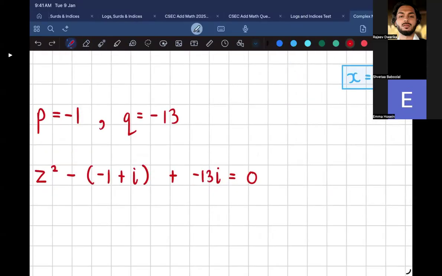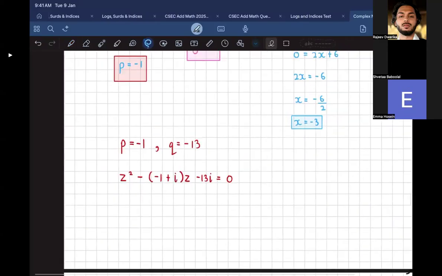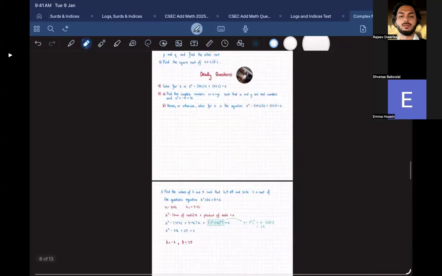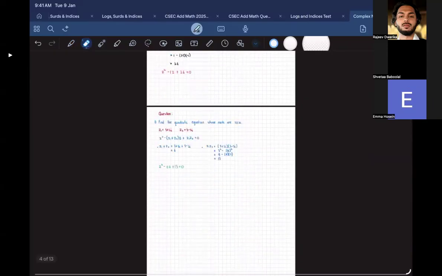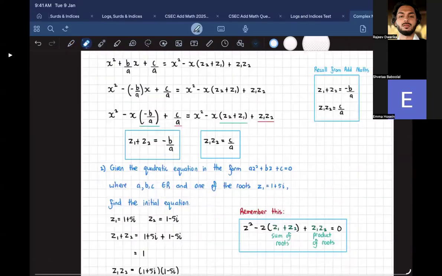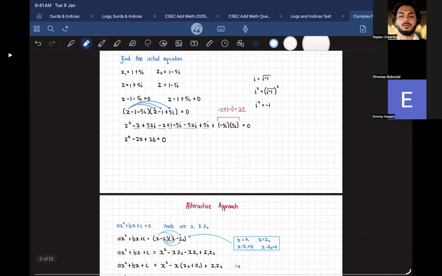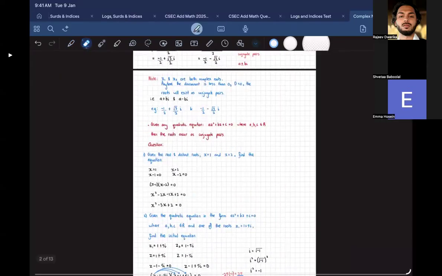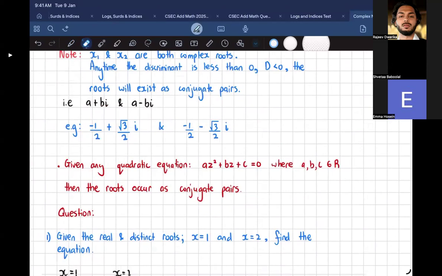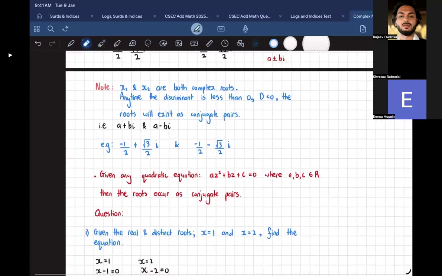Because I was preaching last class that it will only exist as conjugate pairs when A, B, and C are real numbers. If it's not real numbers, then it wouldn't be in conjugate pairs. I make sure and preach that. I could count how many times I write it. I have it over here: A, B, and C had to be real. Given any quadratic equation where A, B, and C are real numbers and the roots occur as conjugate pairs,